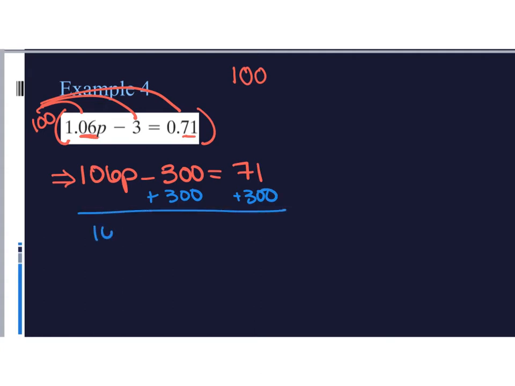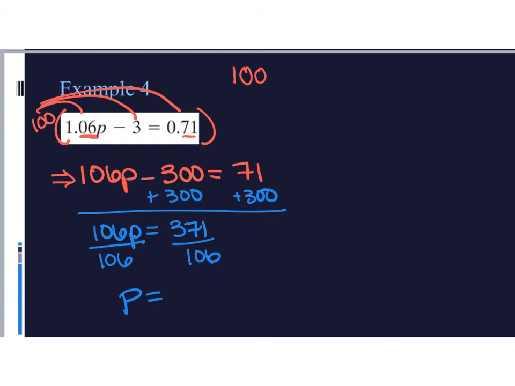This is going to give me 106p equals 371. And now I'm going to go ahead and get p by itself. So to undo 106 times p, I have to divide both sides by 106. And this is going to give me p equals